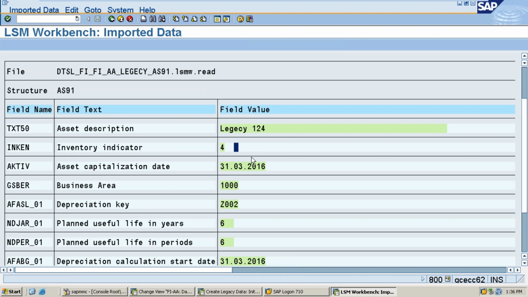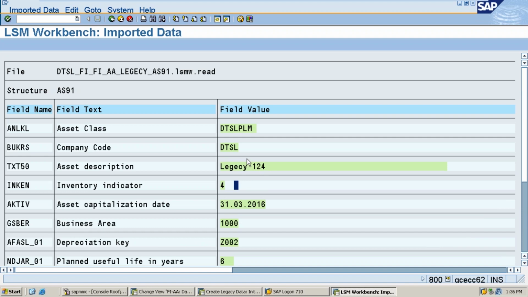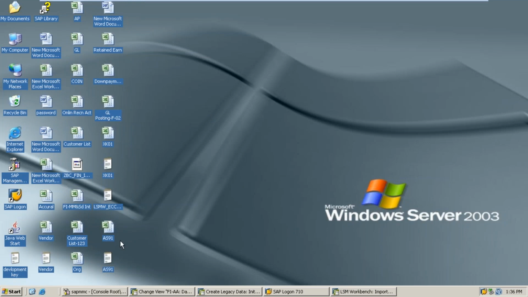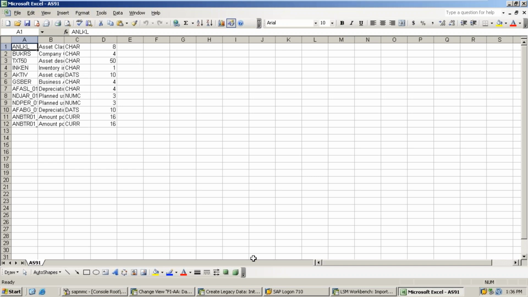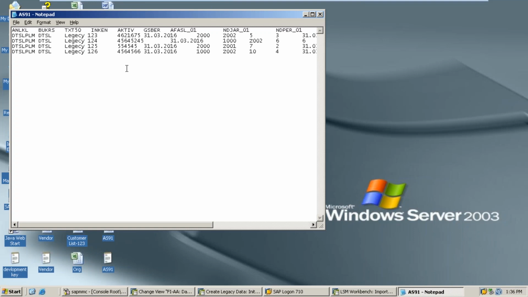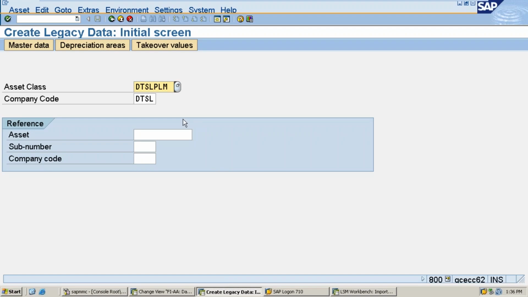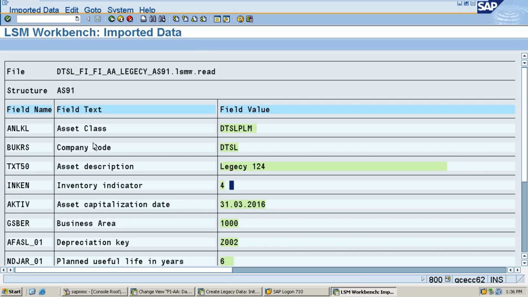Inventory number, I have entered something different. Why did the system take 4? I have entered 4 or something different. Where is the rest of the number? In this case, go and check the source file. Where is that? Length is 1. Maybe by mistake I entered the wrong one. Okay, no problem.